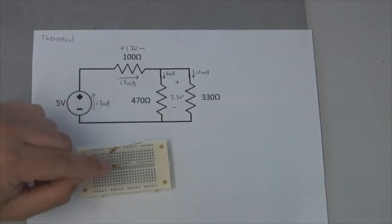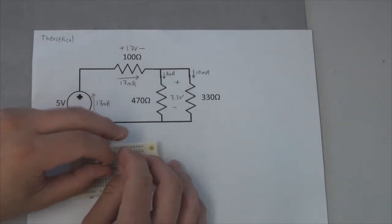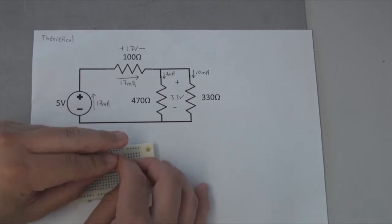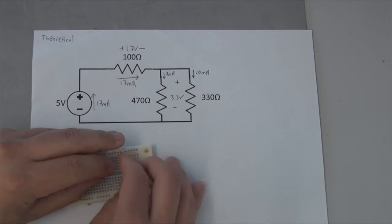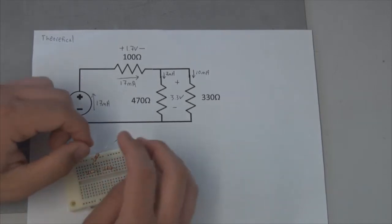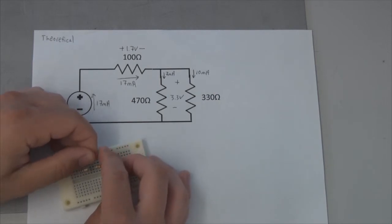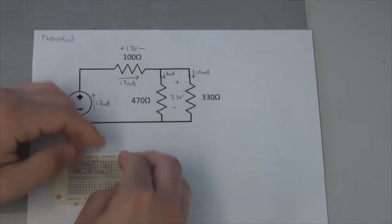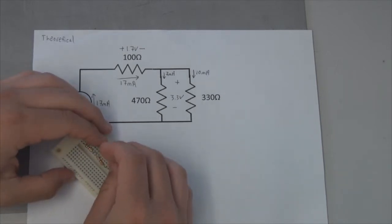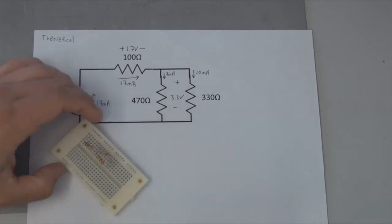Now these two resistances need to be in parallel with one another, so I'm going to bend this on over and put it into another column here. Since it's in parallel with this other resistor, I need to make sure this leg ends up in the same column as the other one I just put down. So I can go ahead and insert that there. Sometimes you'll find that these things don't go in very easily. You can sometimes use needle nose pliers or just wiggle them a little bit to make sure everything is in